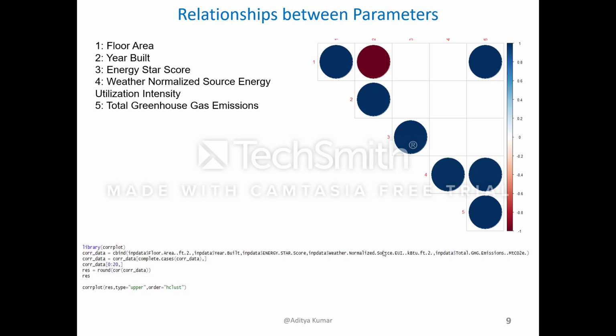So first off, I studied how these parameters correlate with each other. Here is a plot showing the correlation matrix. There are 5 variables which I considered here, and each of the rows and columns of this matrix shows the correlation between two variables. For example, for 1, which is the floor area, you have a perfect correlation of 1 because it is the same variable. However, between 1 and 2, you have a perfect correlation of -1.